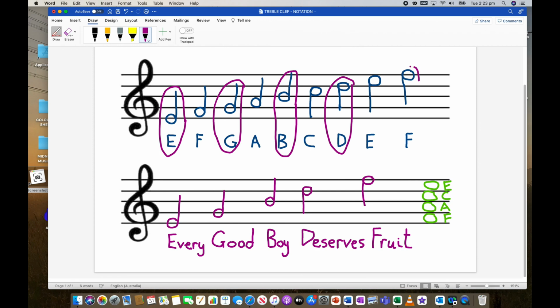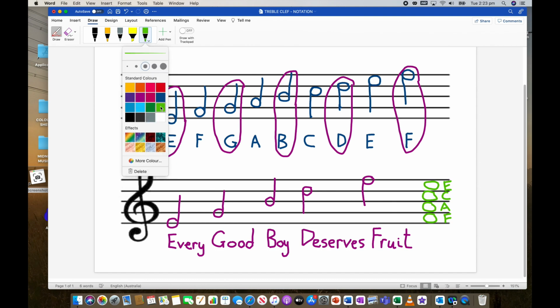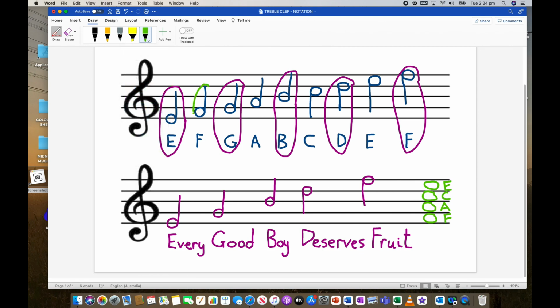And F, fruit. When it comes to the notes in the spaces, I'll change the color again to help us identify. In the space, it spells face. So there's your F in the first space there, which is green. Then we've got A. Hopefully you can all spell face by now. C. Oh, my mouse skills are getting a bit average, aren't they? And E spells face. So if you remember every good boy deserves fruit and face in the space,